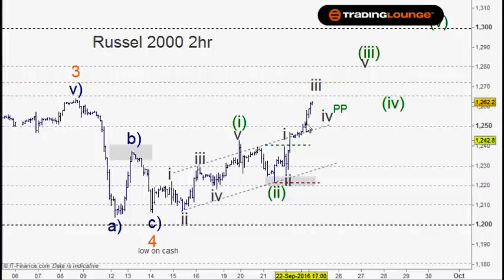And then 1 and 2 and 3 and 4 and 5. So we're sort of on the right track here with this one, and our target for this is the 1300 up here. Obviously the market's going to struggle at these old highs here, so we're entering group 2 here, which will be 65, 72 and 80. So it's likely to react there, come back and test the 1250 area here, and then work higher from that